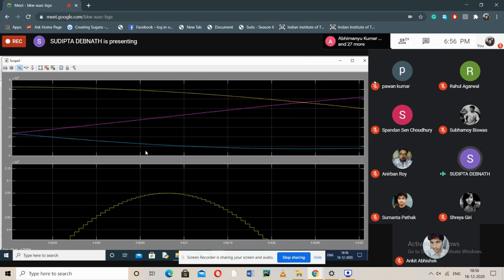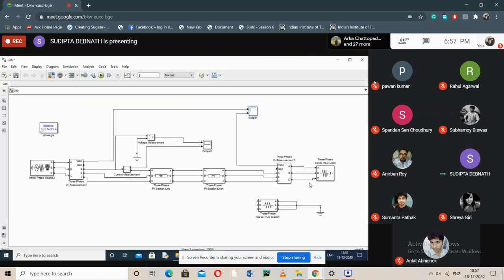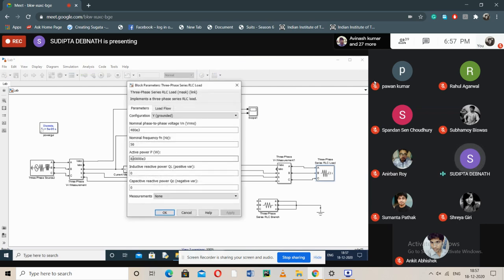So you can see when the sending end voltage is 326.6, the peak value, the receiving end voltage is 305. So for a long transmission line under loaded condition, the receiving end voltage is less, isn't it? For this 800 megawatt load, the receiving end voltage is slightly less. So another load we will consider. Let us consider the second reading. You consider this is another load. We first considered 800 megawatt. Now let us consider 1000 megawatt load. Let's find out what is the value.